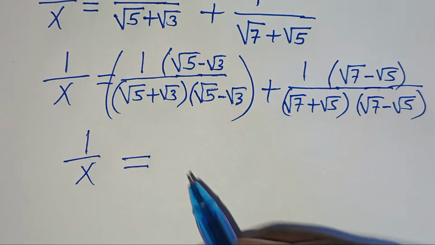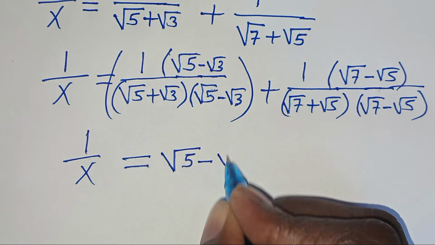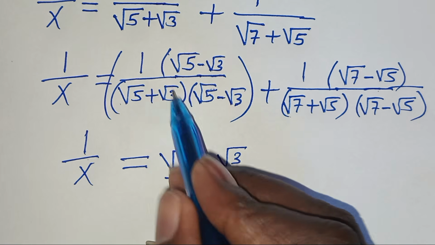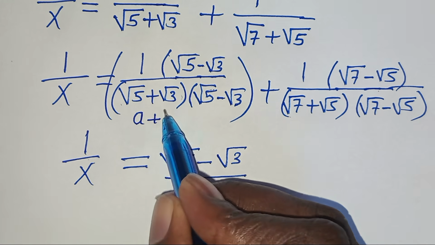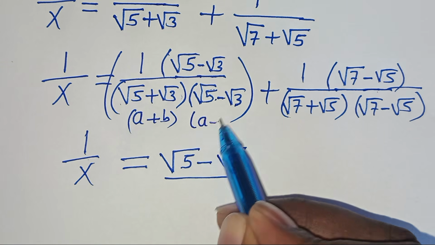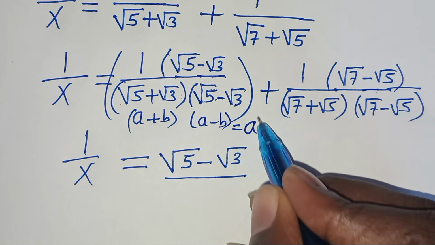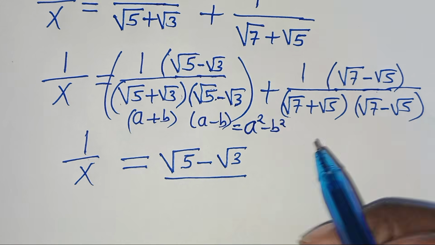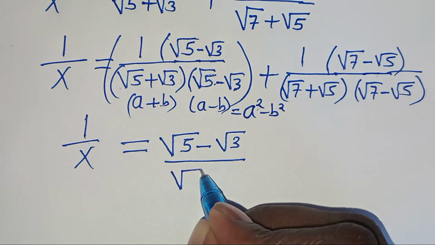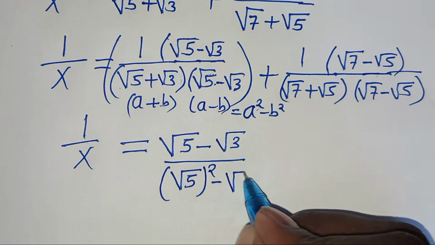This is equal to, in the numerator, we have square root of 5 minus square root of 3 divided by, now, square root of 5 plus square root of 3. This is in the form of A plus B multiplying by A subtract B, which is the difference of two perfect squares expressed as A squared minus B squared. So here we have square root of 5 raised to the power of 2 subtract square root of 3 raised